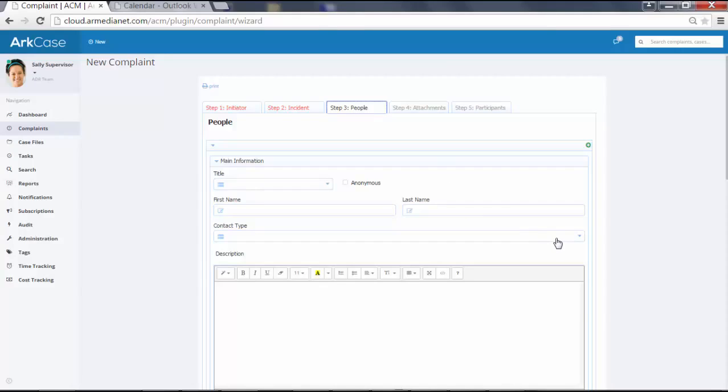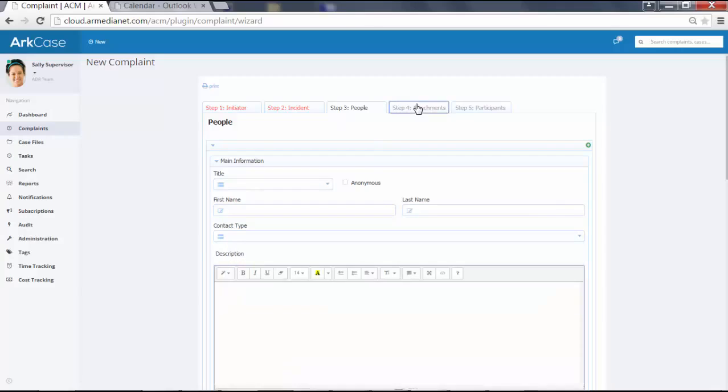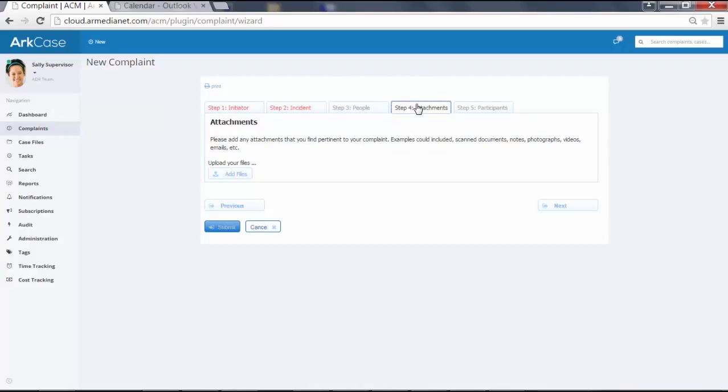In this case, you could have multiple people that are added, and they could be complainant, subject, witness, wrongdoer. Again, these fields are also configurable. It's really up to your business and how you want to see the fields displayed on the screen. Fourth, you can add in attachments. So at the time the person's calling in or entering the information via the phone, you can upload files associated